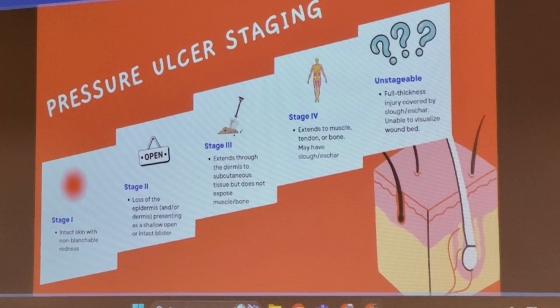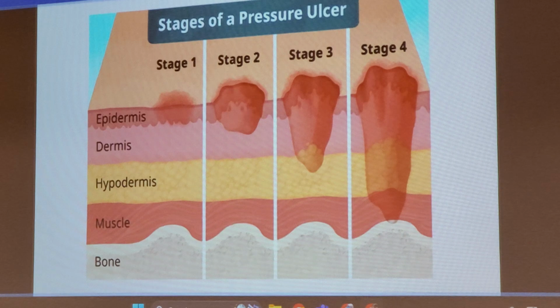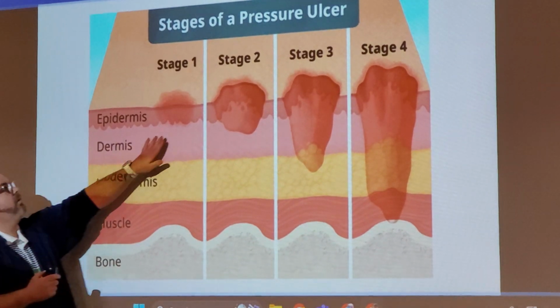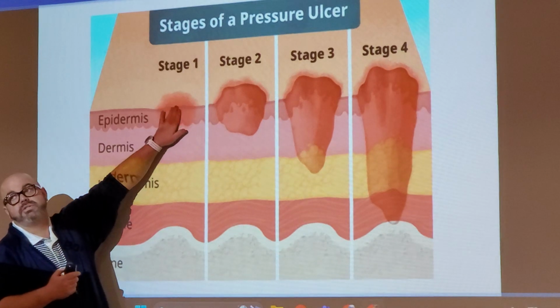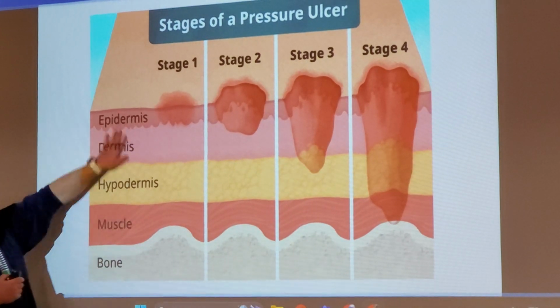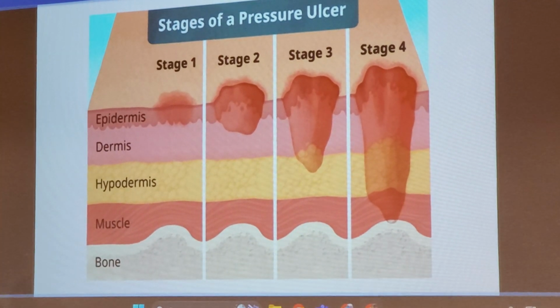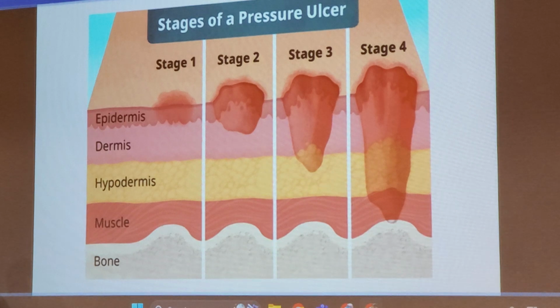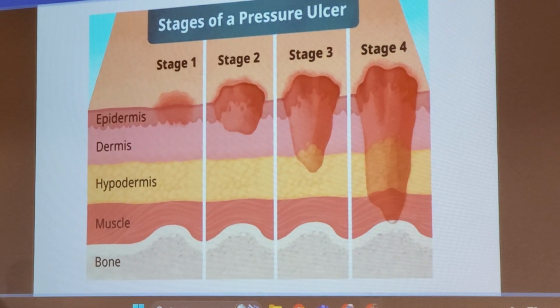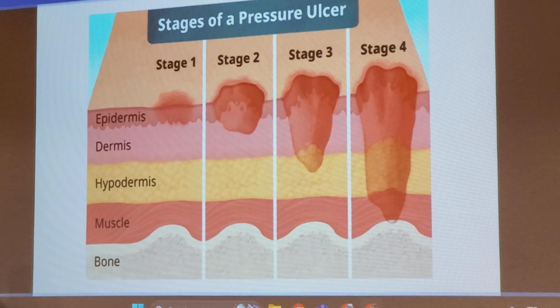So here's some examples. Looking at just a plain old picture, stage 1, if I poke on him, he stays that color, he doesn't turn white, it stays the same. I can reverse it. Start doing your turning schedule, padding that area, Mepilex if it's over a bony surface, and boost their protein, so that's where we're going to add on those protein supplements, and